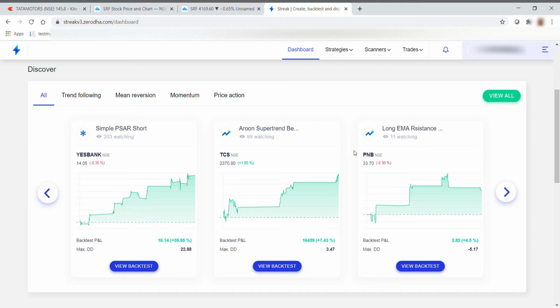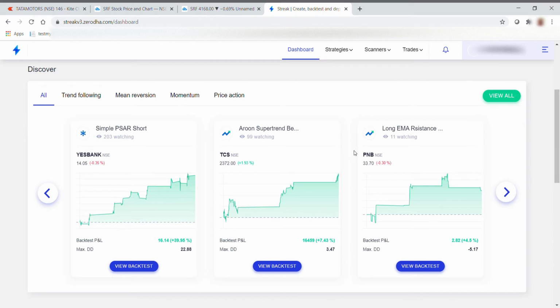So today I thought I'll discuss a platform, Streak, that is an algo trading platform. I won't be discussing it in very much detail, but I'd like to give you a brief introduction and show what all facilities are available in this platform. In order to sign up for Streak, you should have a Zerodha account, and Streak is not a free platform. You need to pay for it, but yes, you'll get some days of free trial. After that, you can upgrade if you want to try this platform.